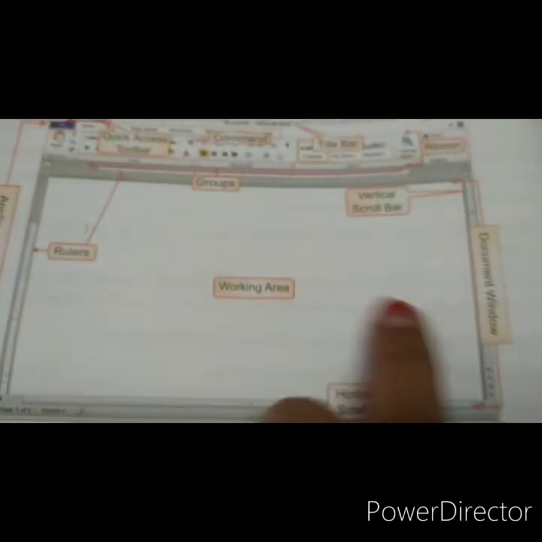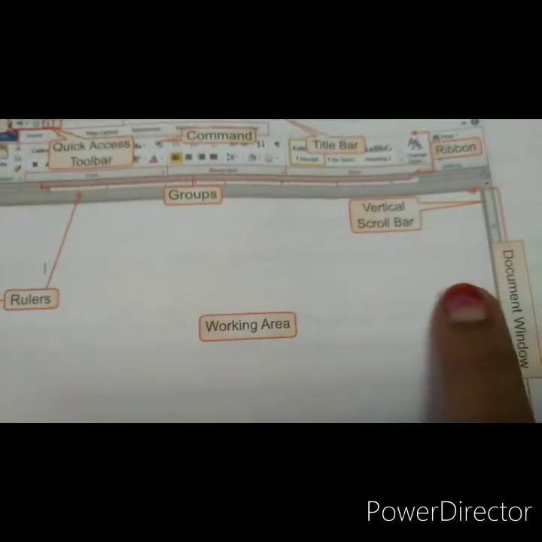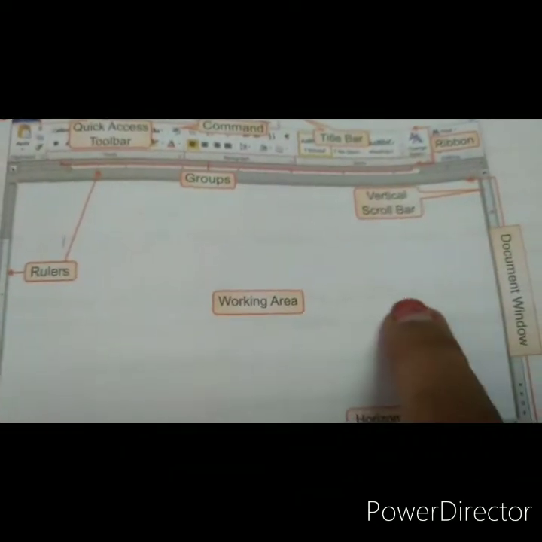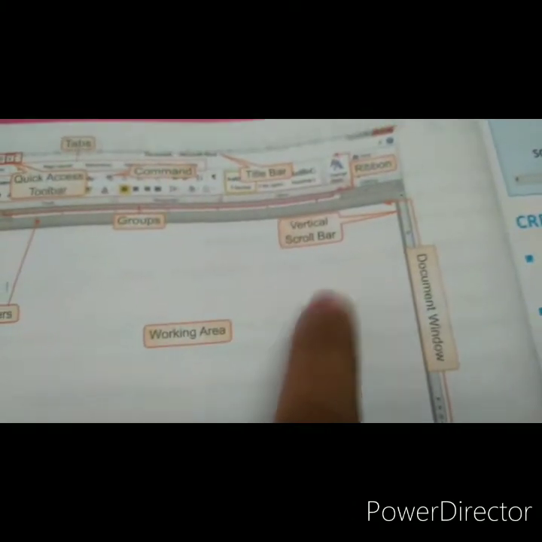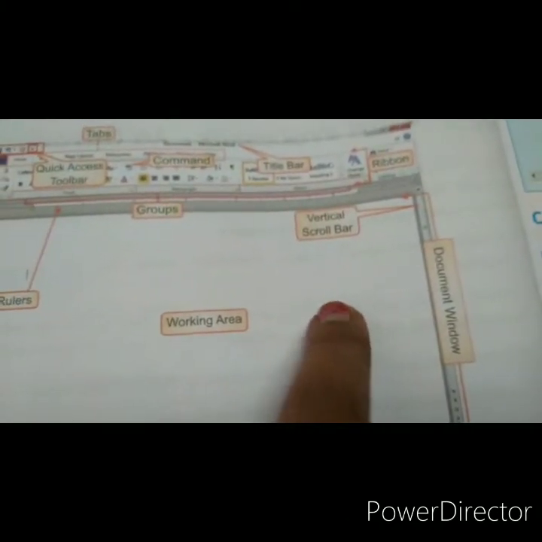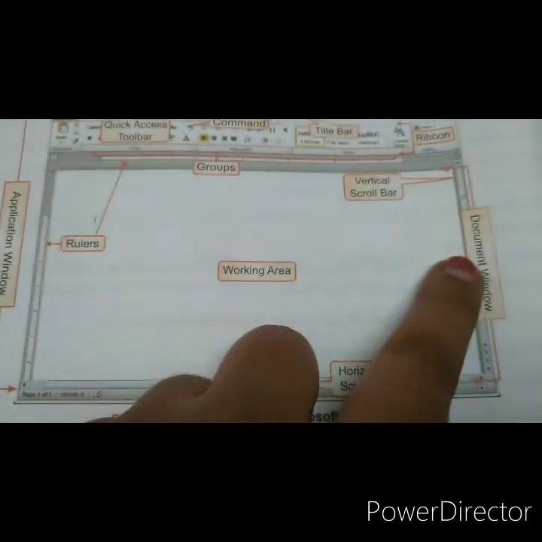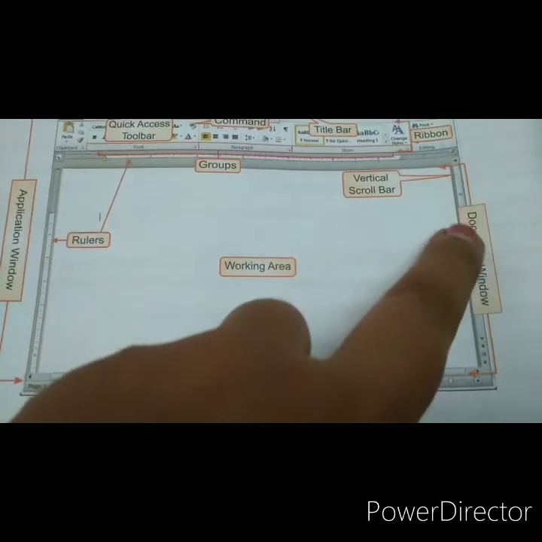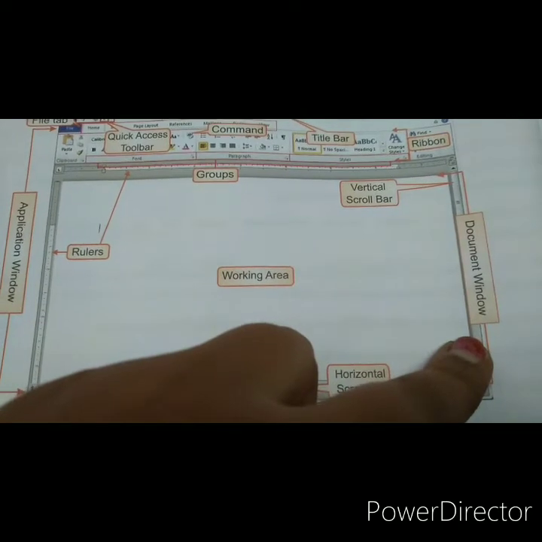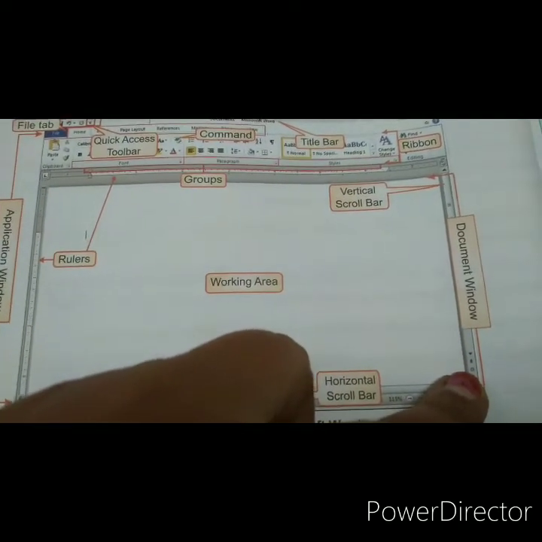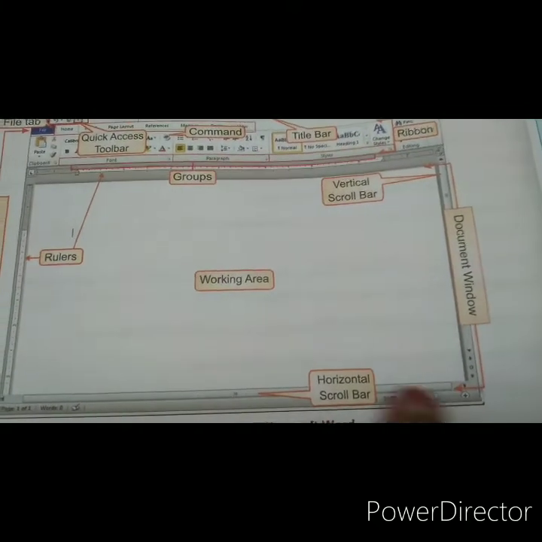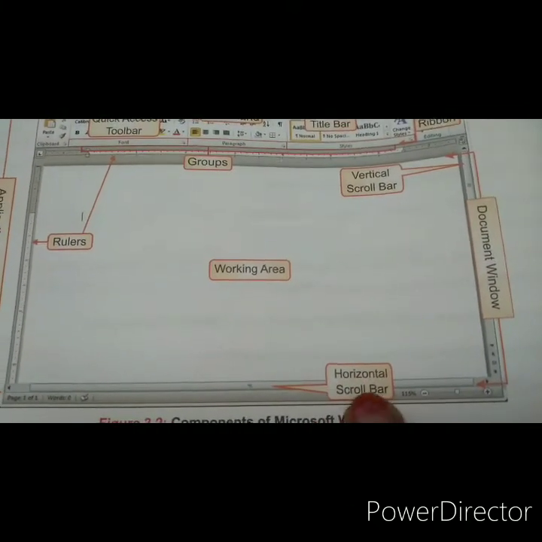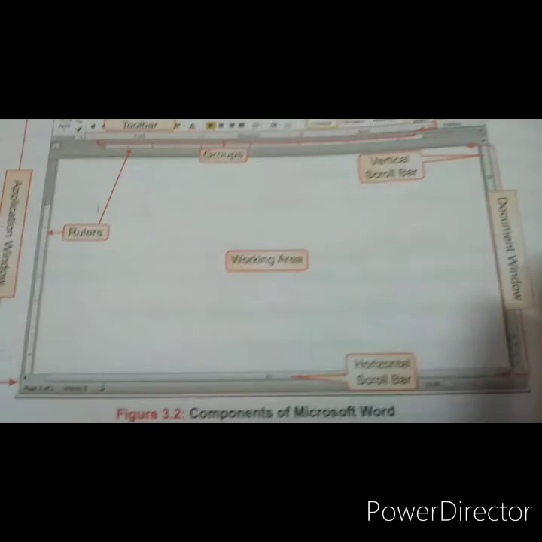See here how we will go to the next page. This is the first page of the first document. Now you want to go to the second page of the first document. Then how will you go to that page? By using the vertical scroll bar. If you move the vertical scroll bar downwards, it automatically moves to the next page after completing the first page. And by using the horizontal scroll bar, you can see the right and left side of the page completely and clearly.